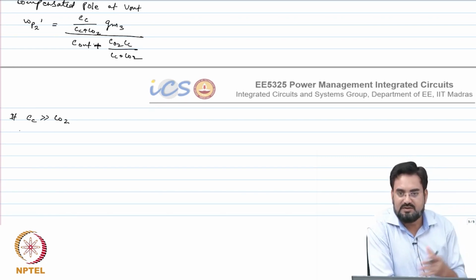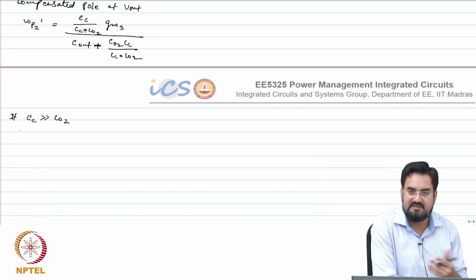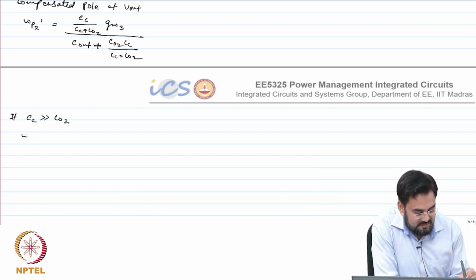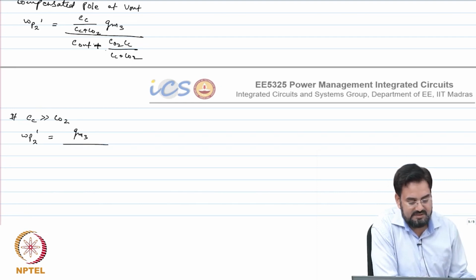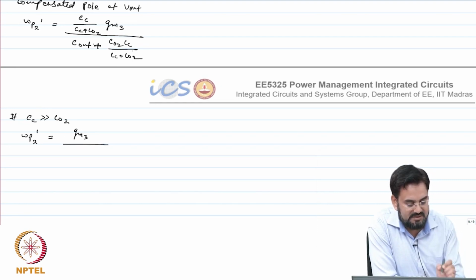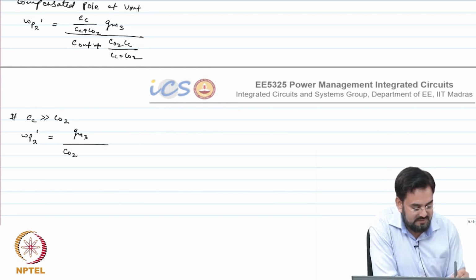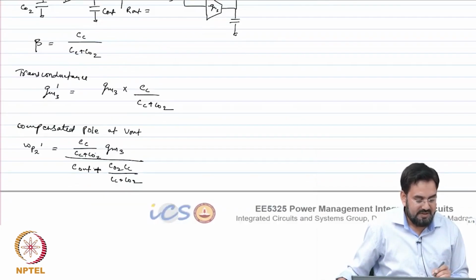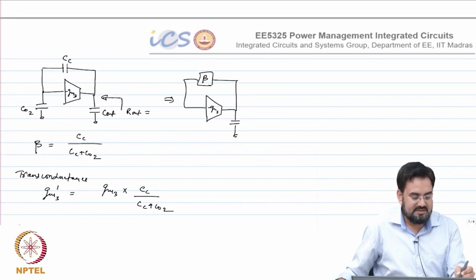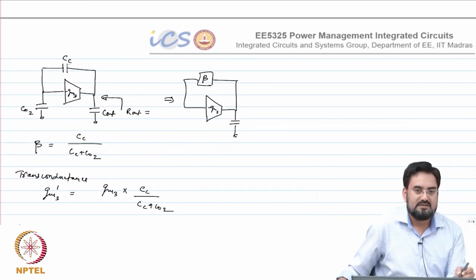So, your transconductance will remain the same as Gm3. So, omega P2 dash equals Gm3 over... what will happen to this? So, this is gone: Cc, C out plus CO2 plus C out. Okay. So, if you want to look at it intuitively, since Cc is much larger, so what would happen